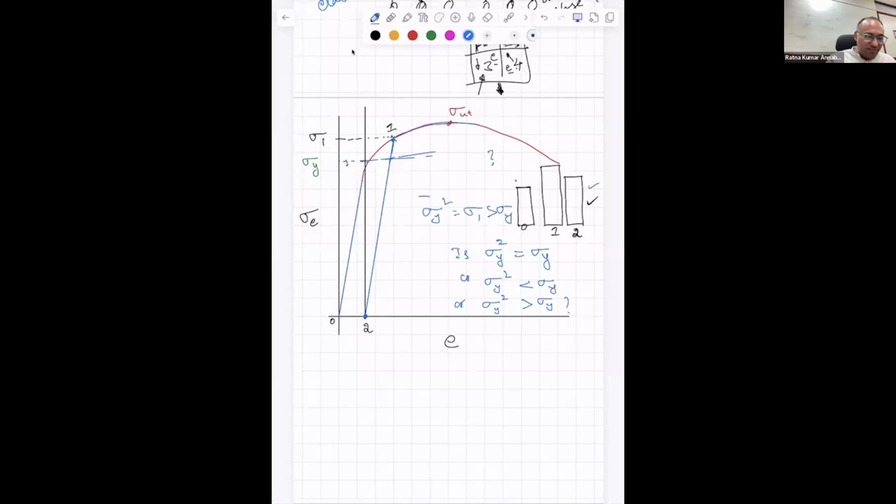Which basically means that when you are doing the strain hardening, this is what we call hardening, right? Hardening means it is harder to plastically deform the material. That is the reason why at this point the yield strength will be higher than the yield strength here. Which means as you are deforming a material, for example, you have taken the specimen and